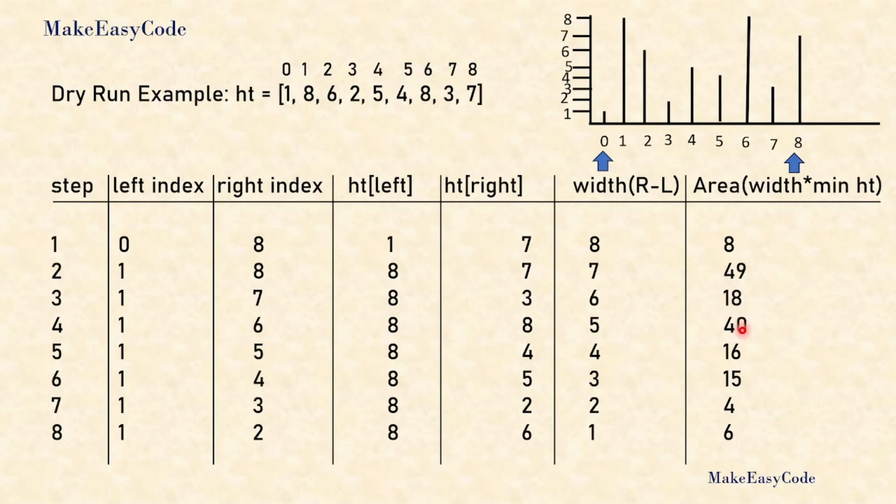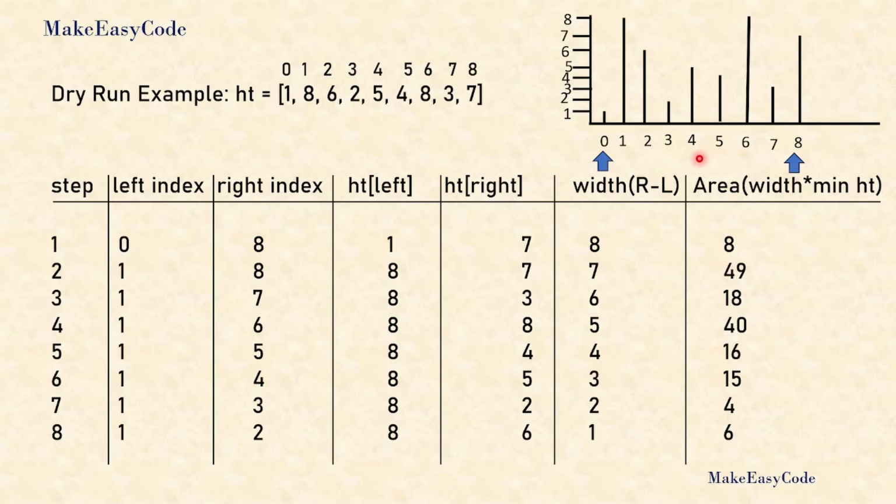Okay, so again it will be moved by minus 1, that is this time it will be at 5. So in the next step, left index will be in the same position, that is 1, but the right index will become 5, and values will be 8 and 7, and width will be this time 4 because 5 minus 1 is 4, and the minimum height is 4. We can see here, so the new area will be 16, 4 into 4. So in the maximum area there will be no change,